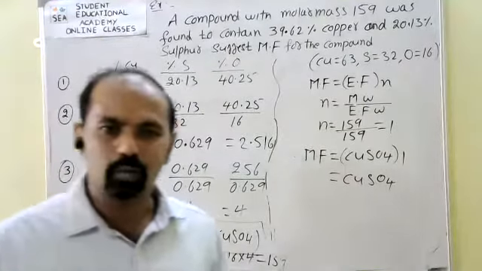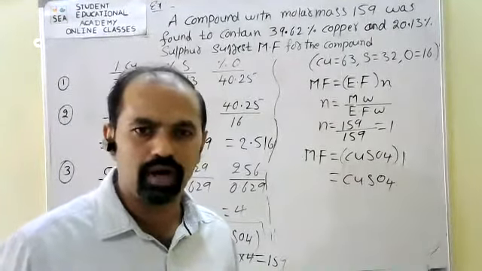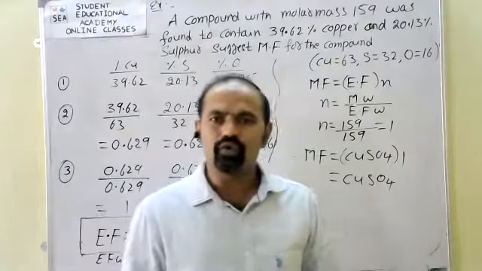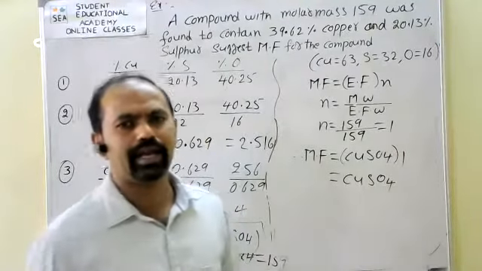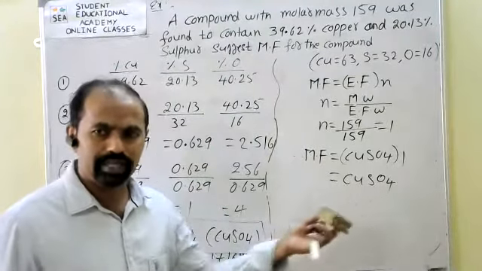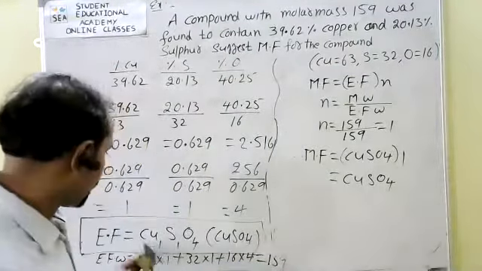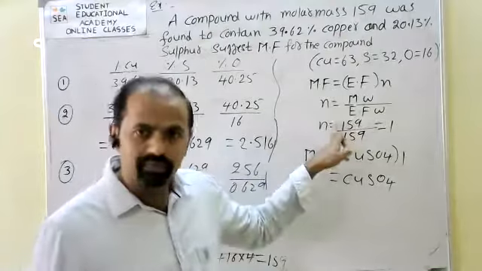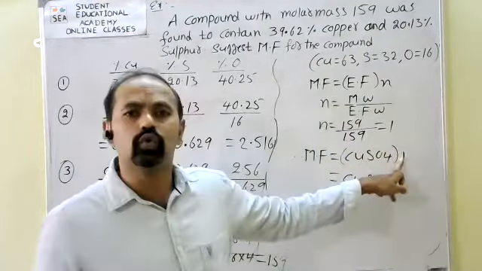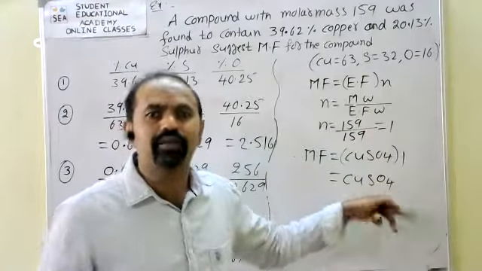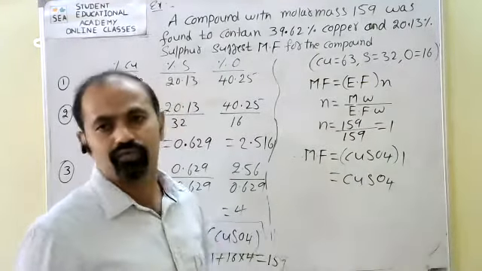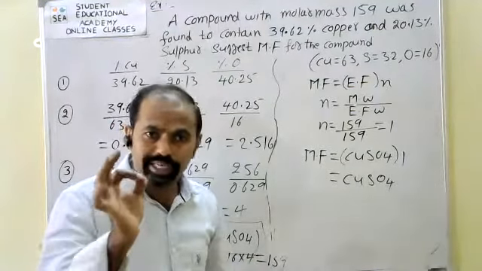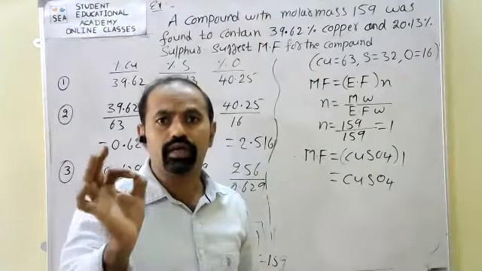For the given compound, molecular formula and empirical formula are both the same. Before, I gave one statement: few compounds have the same empirical and molecular formulas. For example, copper sulfate has empirical formula CuSO4, molecular formula also CuSO4. If here n we get 2, it is multiplied with 2. If n we get 3, it is multiplied with 3. That is called the molecular formula. So this is the process, the calculation of empirical and molecular formulas.